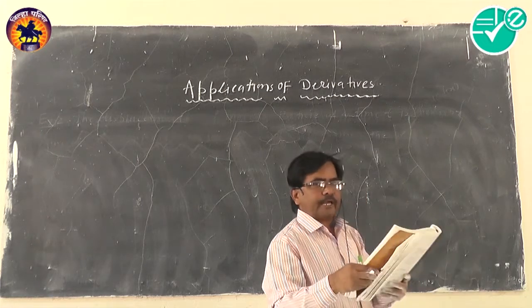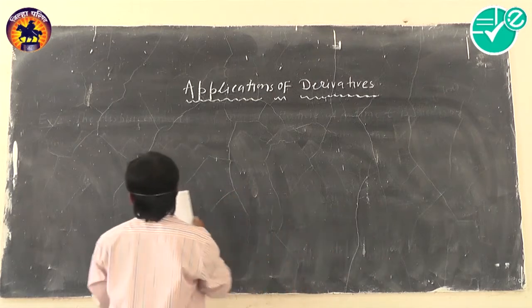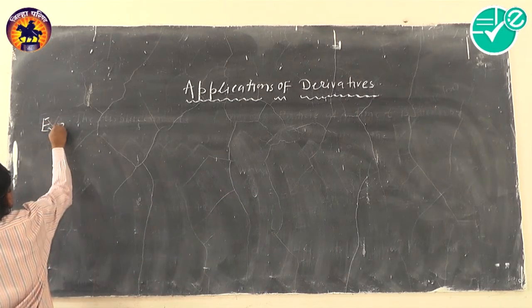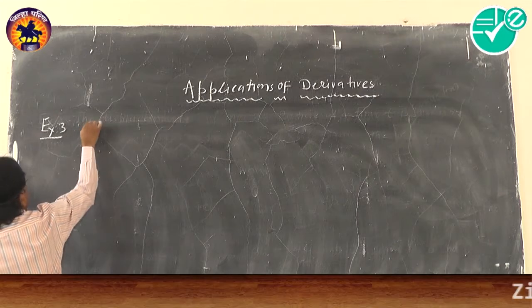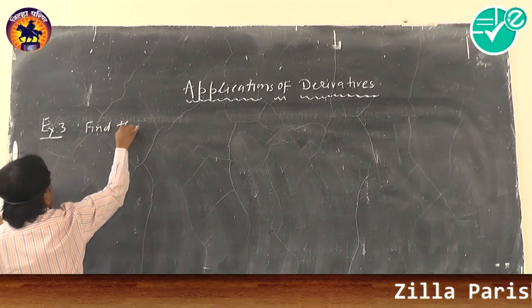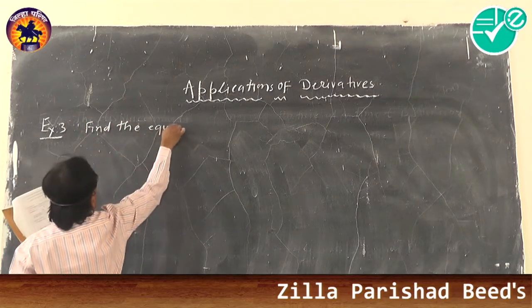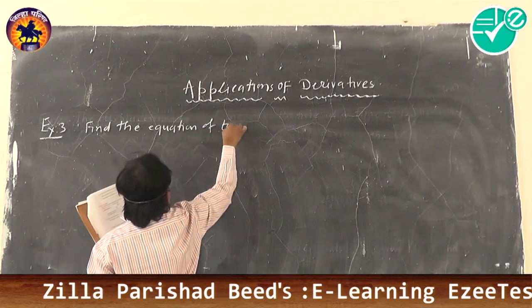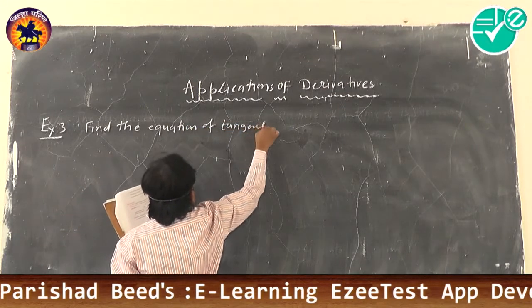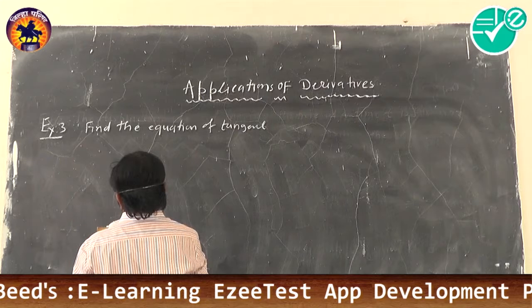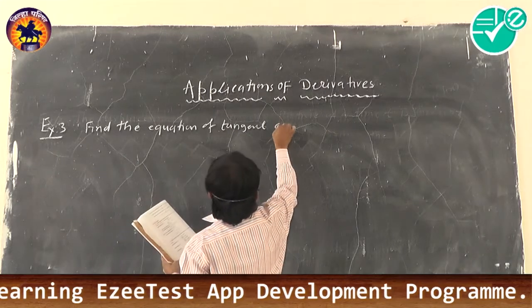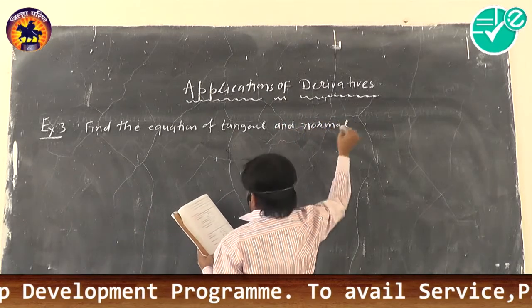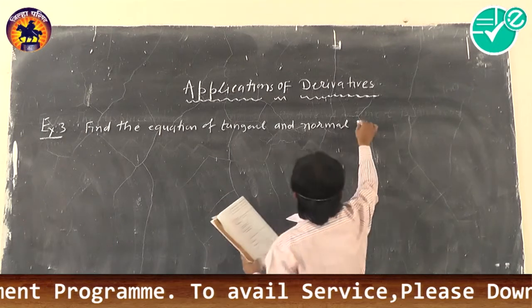Find the equation of tangent and normal to the curve